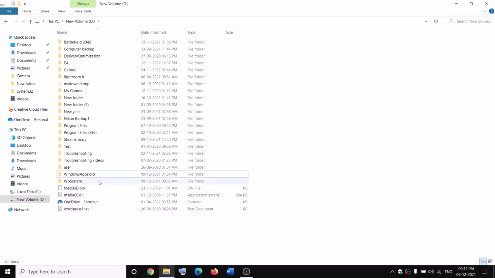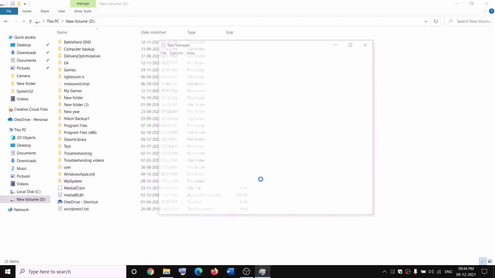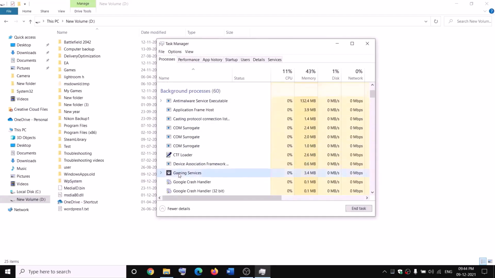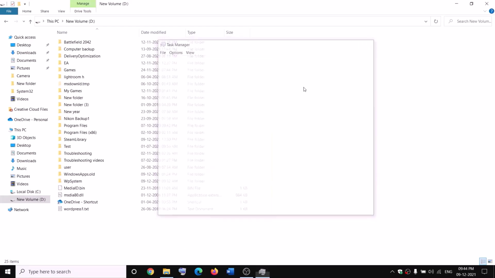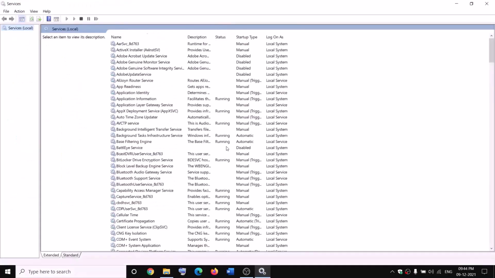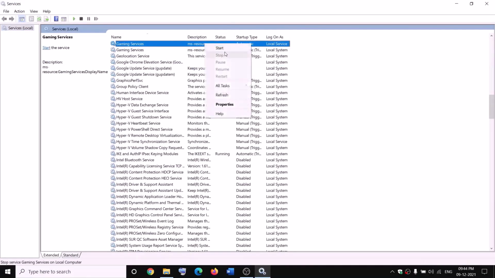Now while renaming it, if you receive any kind of error message which says file is open, in that case open Task Manager on your computer, make a right click on the start menu, click on Task Manager. Now if you find gaming services, make a right click and then click on end task, and also open services over here, and then go to services and find gaming services, make a right click on gaming services, click on